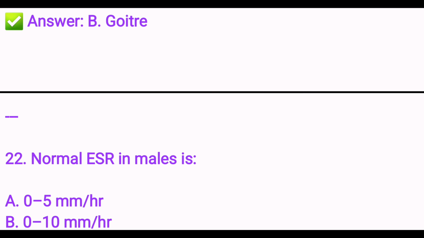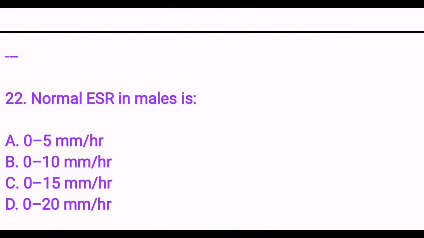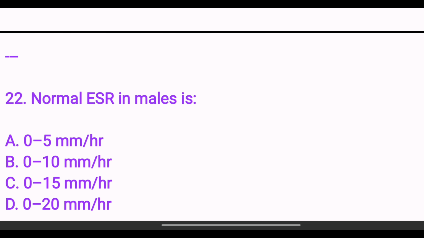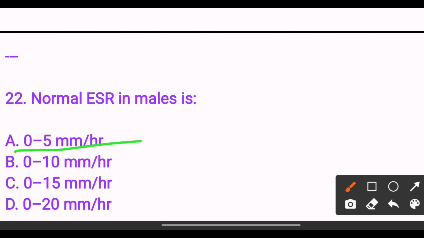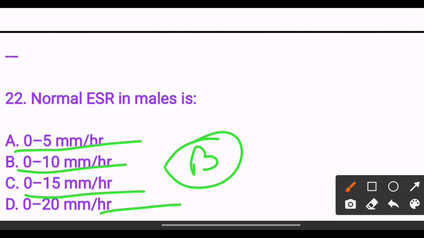Next, normal ESR in males is option A 0 to 5 mm per hour, option B 0 to 10 mm per hour, option C 0 to 15 mm per hour, option D 0 to 20 mm per hour. The answer is option B 0 to 10 mm per hour. Next,